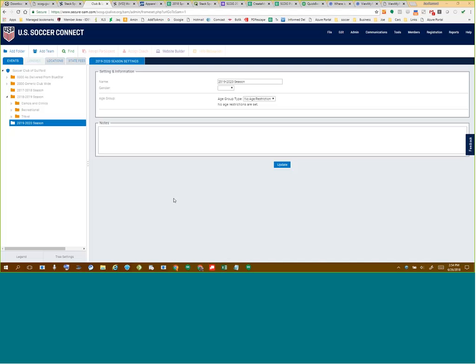Hey folks, I'm going to try to create a quick registration here to show folks how you can very easily create a registration for any number of age groups and program types. This is just a sample. First thing I want to show you is that when Stack, Blue Star, US Connect, whatever you want to call it,